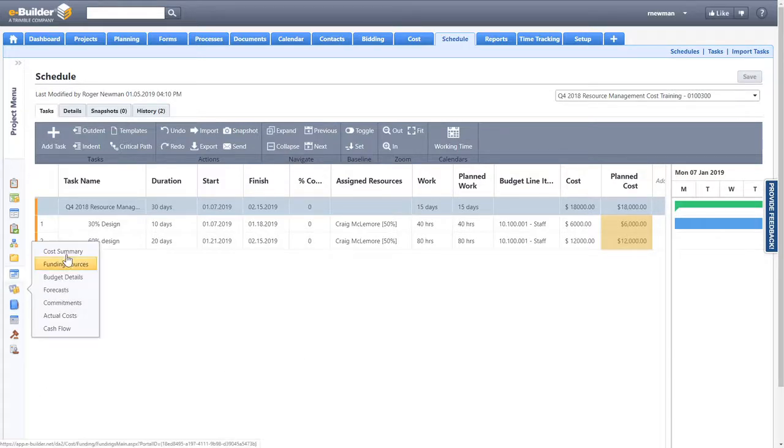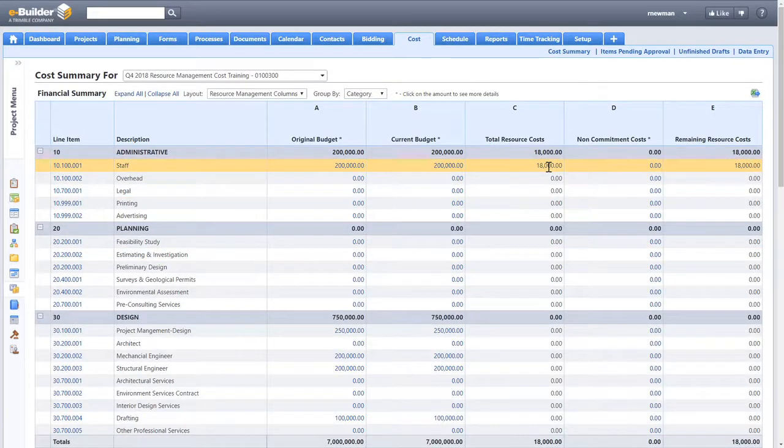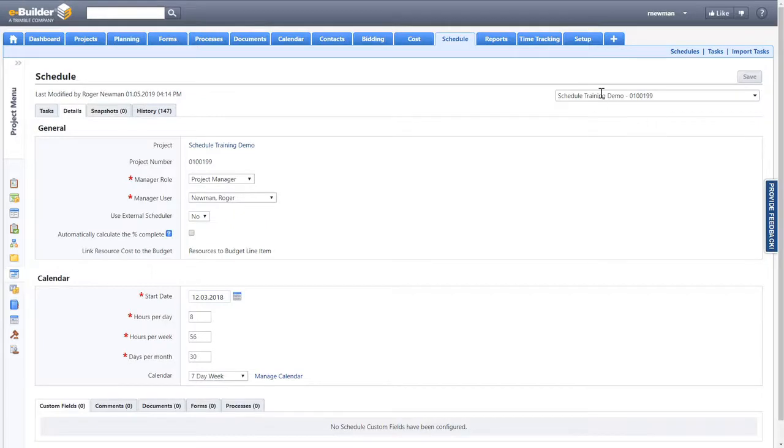And now when I go to the cost summary, I will see that $18,000 under the staff budget line item under the resource cost column, which is a brand new column. So we have real-time updates. Once you save your resource costs and link them to budget line items, they now are visible on your cost summary. Next, I want to show you a different project that has the resource cost linkage to budget line item,